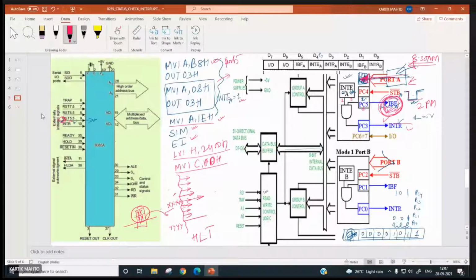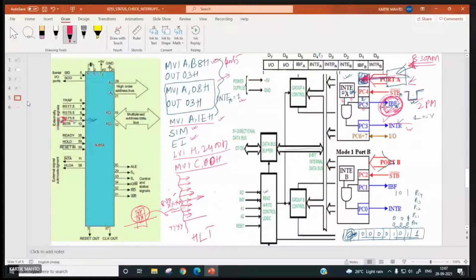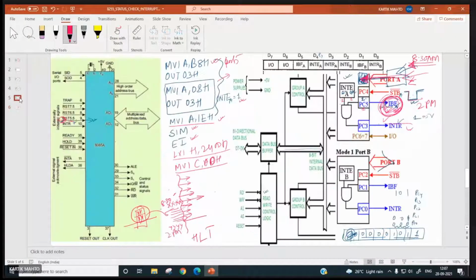But if it is interrupt driven, exactly at 8:30, the processor will be interrupted. It will branch to the ISR, input the data, then come back to the main program and keep on executing it. And at say 2 p.m., again a new person enters the data. The processor branches to the ISR, inputs the data and returns to the main program, and it keeps on doing its main program.